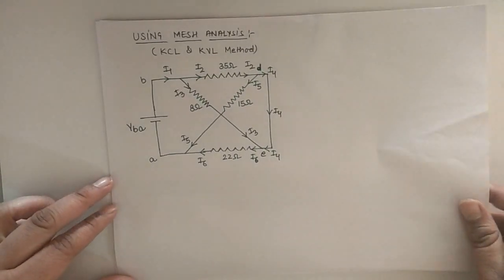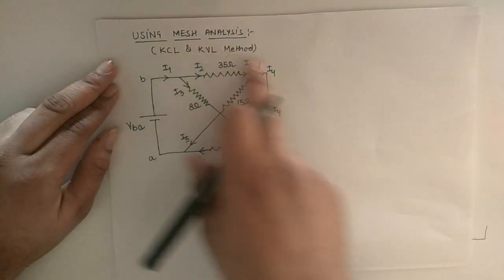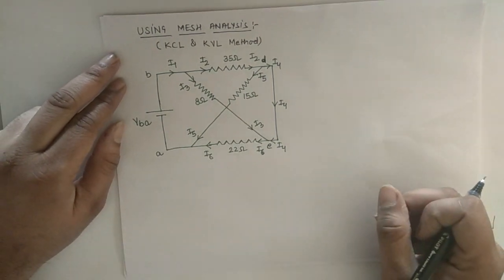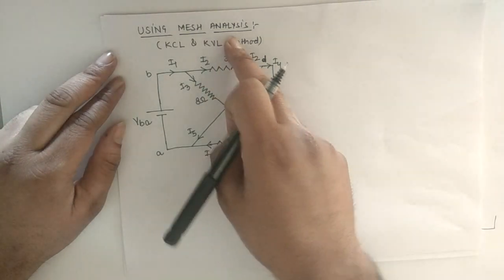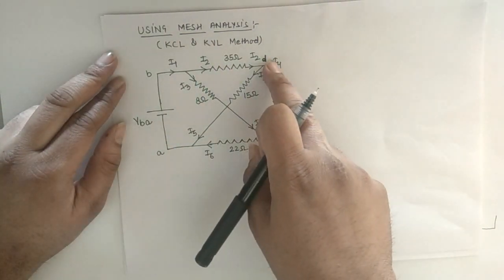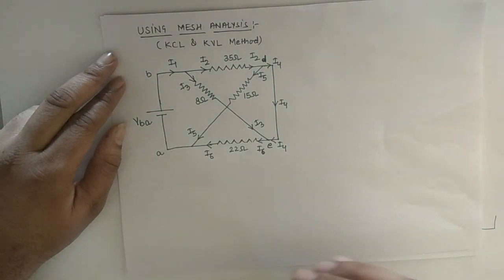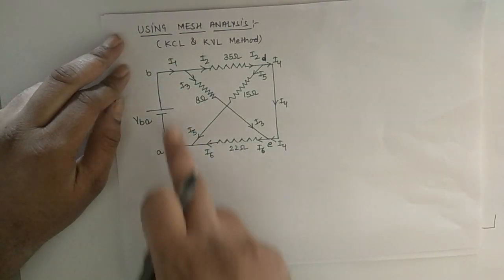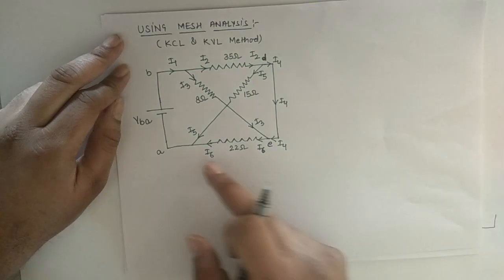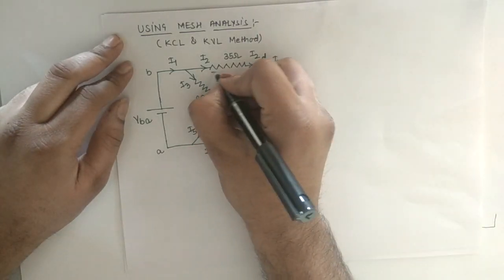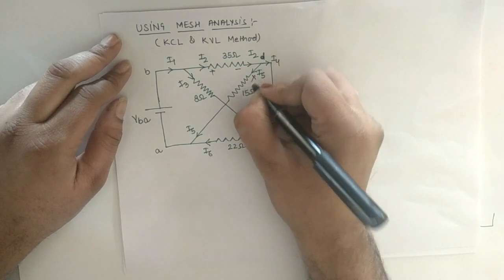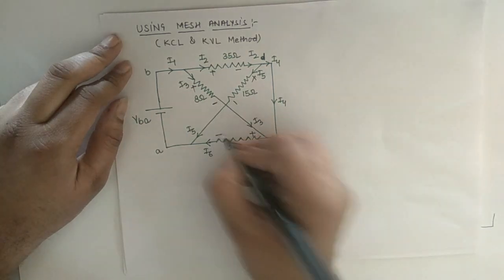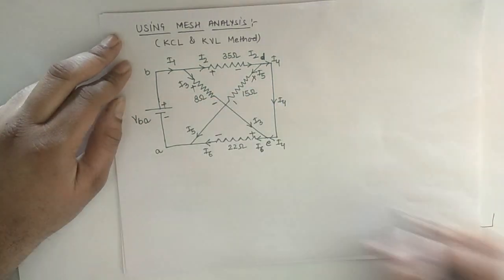So we solve this question now using mesh analysis. We consider all the current distribution as we used in KCL. That's why we mentioned here this is the method of KCL and KVL. We consider the branch current distribution in the circuit and we apply the concept of KVL. So here this is VBA, I1, I2, I5, I3, I6. Now current entering from this side is positive, and the other side is negative, and so on for each branch.